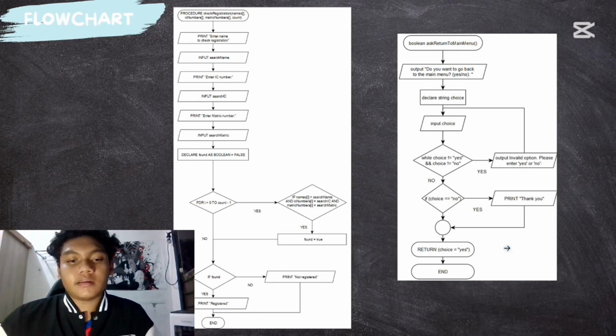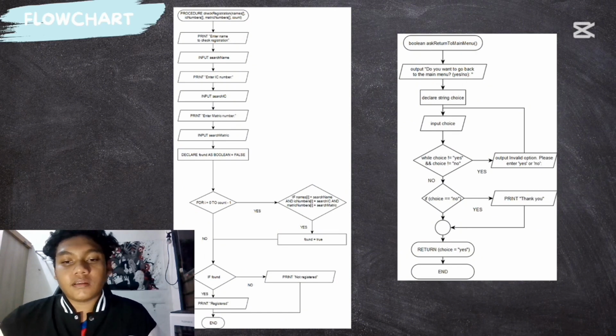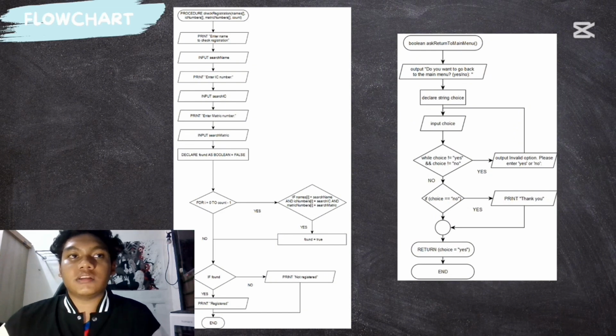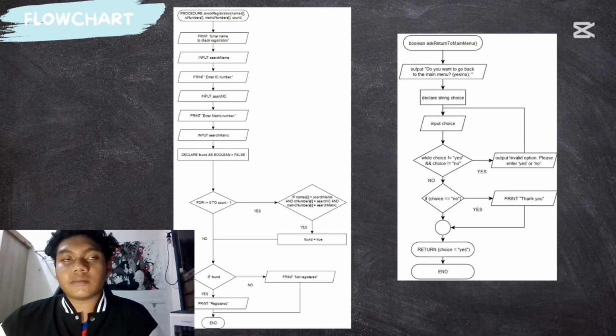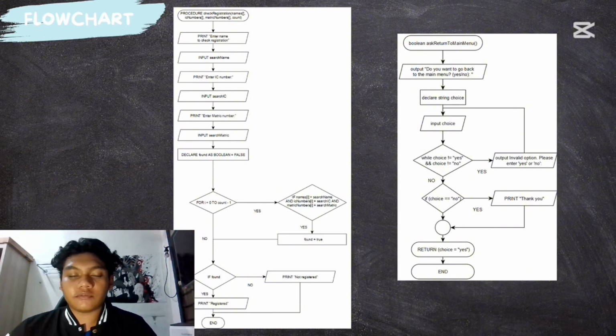Before I end my part, I want to answer the question of what the constraints are in developing this system. One constraint is technical: limited capacity. This system can only store data of 100 users, which means only 100 users can use the system. Secondly, limited file handling. This system currently does not store data permanently, as there is no database or file storage. All data will be lost when the program exits. So that is our constraint in developing this system.